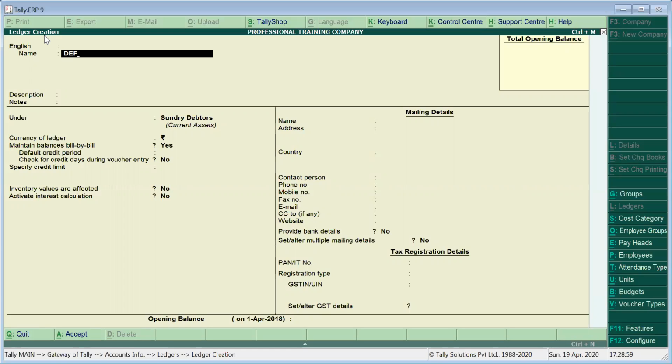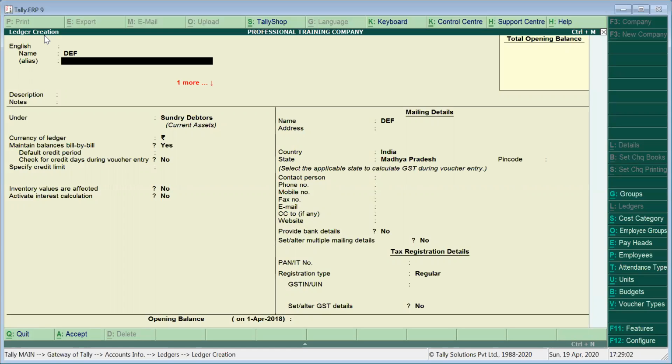So these are the 3 options. Ledger creation is here. Now the name we have given is DEF. This is the alias. If you want to give an alternate name, like at home we give children nicknames, like say Indian Air Force, we can keep it IAF. So instead of typing INDIAN, then space, and then Air Force, we can just go for IAF. Then it can give us a small identification, that is the abbreviation, which helps a person identify a particular ledger very fast.